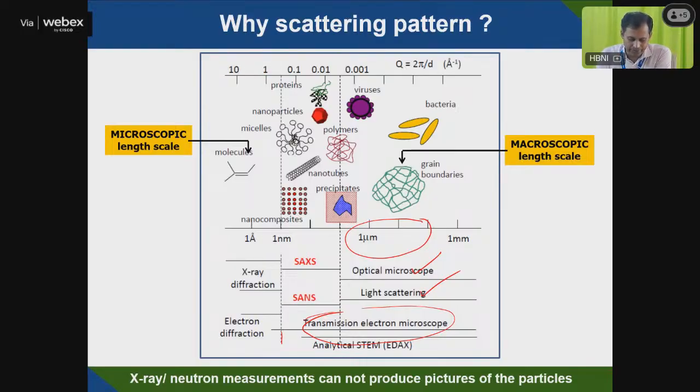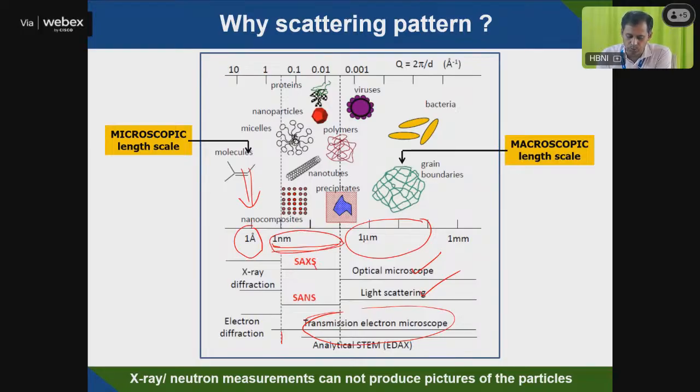And X-ray diffraction and electron diffraction usually see angstrom level interference effects. So at the microscopic length scale we can see with diffraction techniques, and at the macroscopic length scale we use optical microscope or light scattering, that is dynamic light scattering, DLS, or TEM, or SEM. But in between these two, from 1 nanometer to some microns,